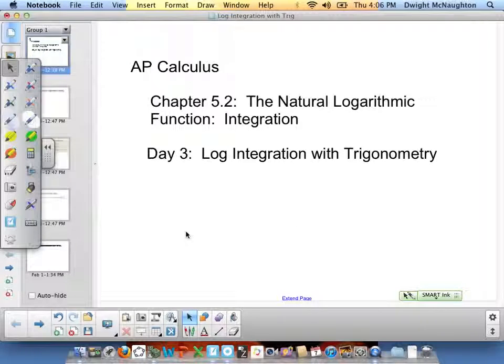Chapter 5.2, natural logarithmic function, integration. Day 3, log integration with trigonometry. This isn't going to be a long video. I'm just going to introduce how they came up with one antiderivative of a trig function that you're not